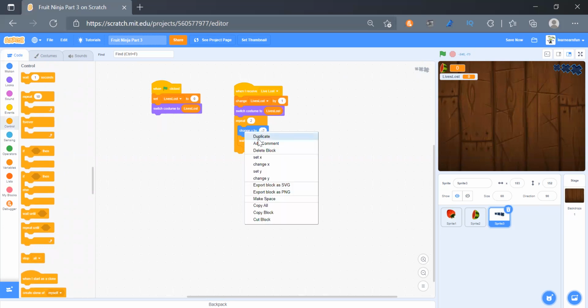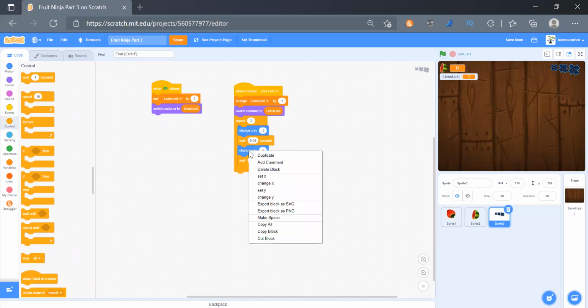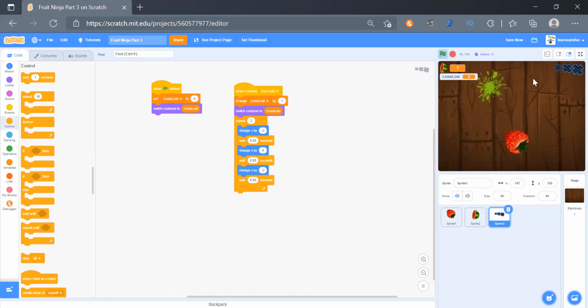Okay, and then we'll duplicate it, and again we'll change x by 4, and again we will change x by -2. So let's try that. Okay, so you can see that